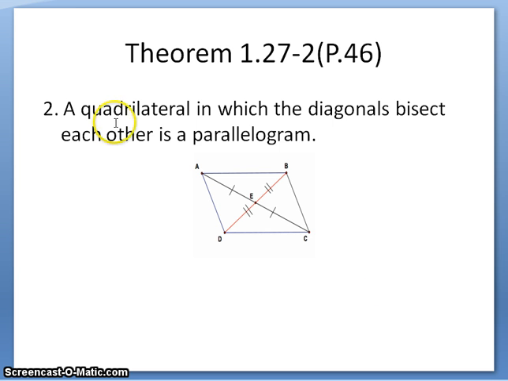Okay, number two, a quadrilateral in which the diagonals bisect each other is a parallelogram. So what's given is a quadrilateral ABCD and two diagonals AC and BD, they bisect each other. That means AE is congruent to EC, BE is